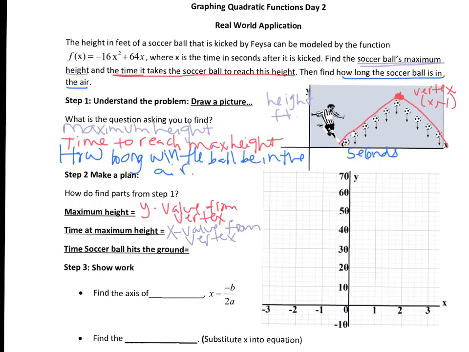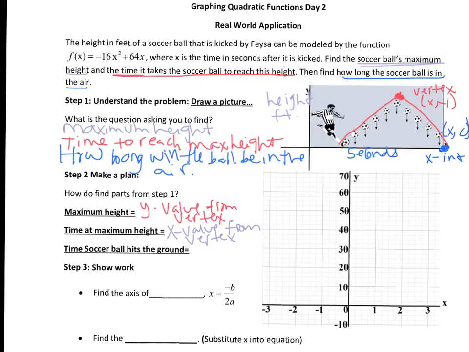Last piece. How long until the soccer ball hits the ground? So this question is asking us about time. We start here and we kick the ball. How long will it take until it hits the ground over here? When it hits the ground, this point right here is the x-intercept. And the x-intercept has an x and a y value, but we talked about that the y value